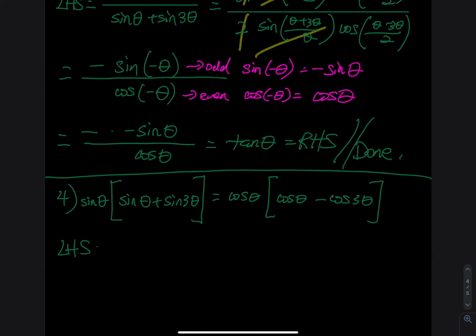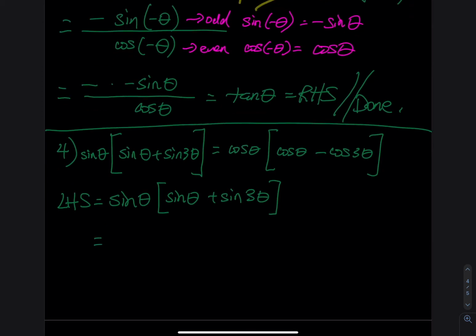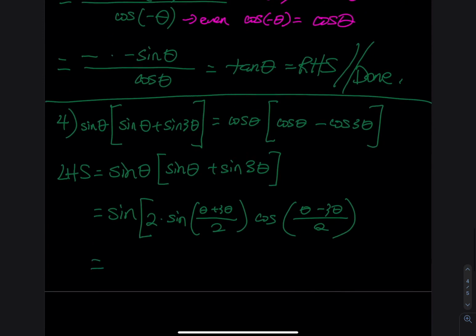So left-hand side, that is equal to sine of theta, and then this is a sine theta plus sine of 3 theta. To be honest, this is my favorite problem out of all 6 of them. So first, inside the square bracket, we will have to apply the sum to product. Apply that, you have your alpha and beta, 2 times sine of alpha plus beta divided by 2, and then cosine alpha minus beta divided by 2. So that is equal to 2 times sine of 2 theta, and then cosine of